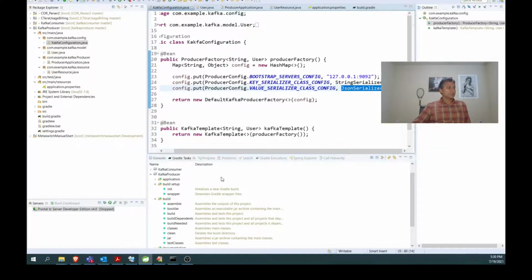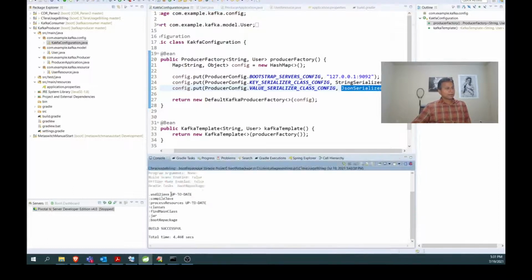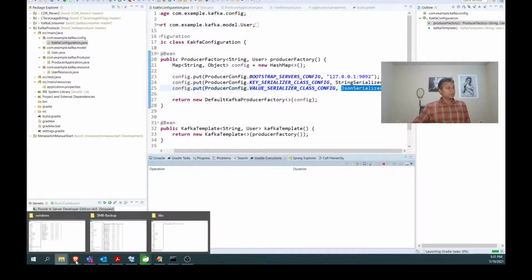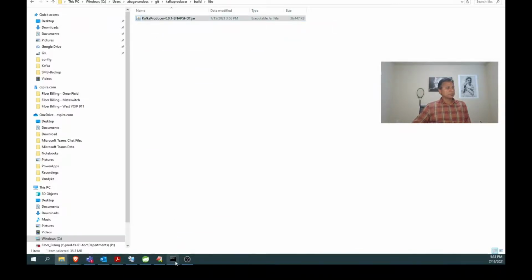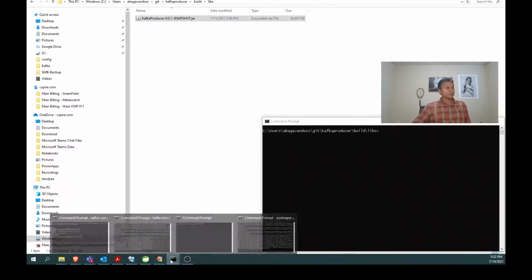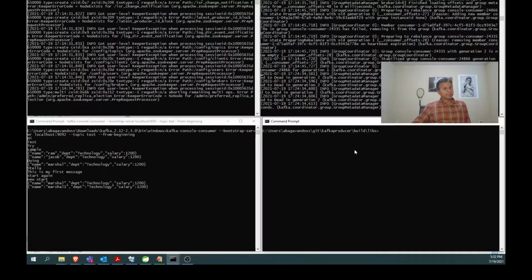Now what I am going to do, from this Gradle task, I am going to use this boot jar. The reason is that in some lower Gradle versions, like 2.x or something, it will come as boot repackage, but here it is boot jar. I will select this boot jar, then okay, it will be in the Kafka producer build libs. Here, as I told earlier, everything is up. I'm coming to this build.